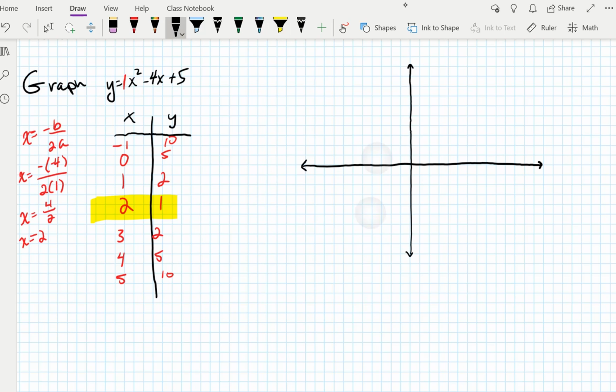So we're going to plot these. We have negative 1, comma 10. 1, 2, 3, 4, 5, 6, 7, 8, 9, 10. 0, comma 5. 1, 2, 3, 4, 5. 1, comma 2. 2, comma 1, and now that being the middle point on our parabola, the turning point, or as I said before, the vertex,